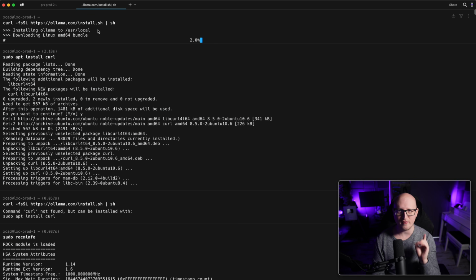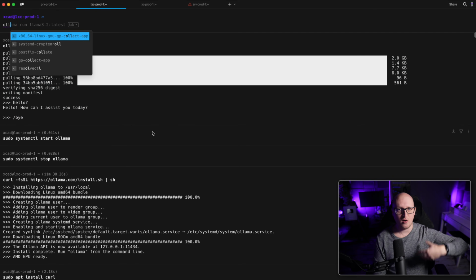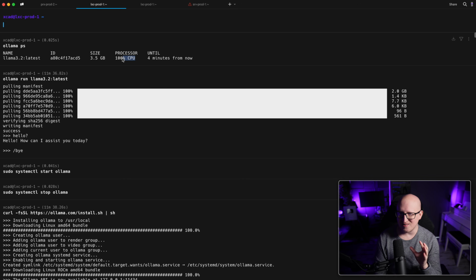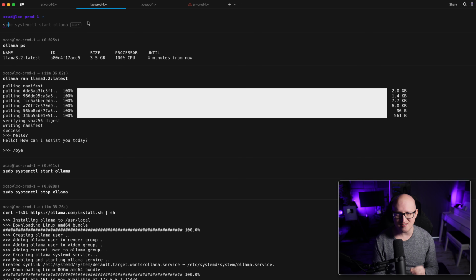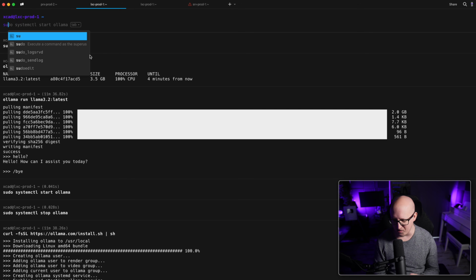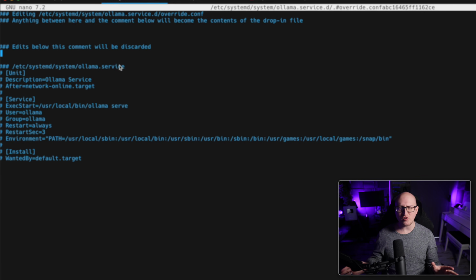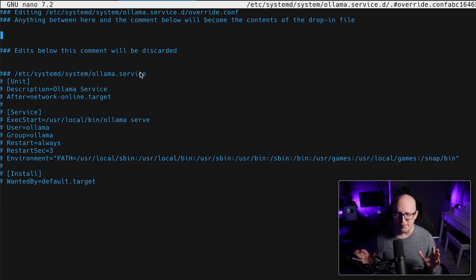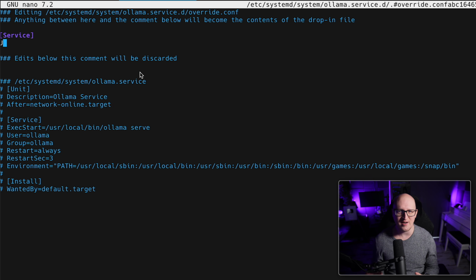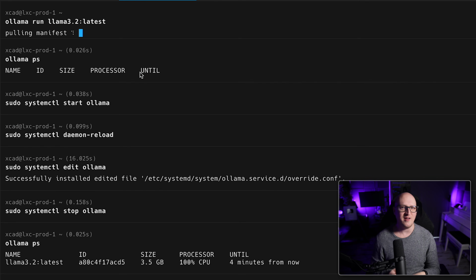There was just another small problem, and that is that the Ollama application usually creates another Ollama user that it's running with, and this user wasn't able to detect the AMD graphics card because it was not running as root. I suppose it has to be some problem with the LXC container and the driver's pass-through method with the /dev devices. However, to be honest with you guys, I was just so sick of this AMD pass-through stuff at this point, and I just went into the systemd service settings and changed the user and the group of the Ollama service to root, restarted the daemon, and then the Ollama application could find my AMD graphics card